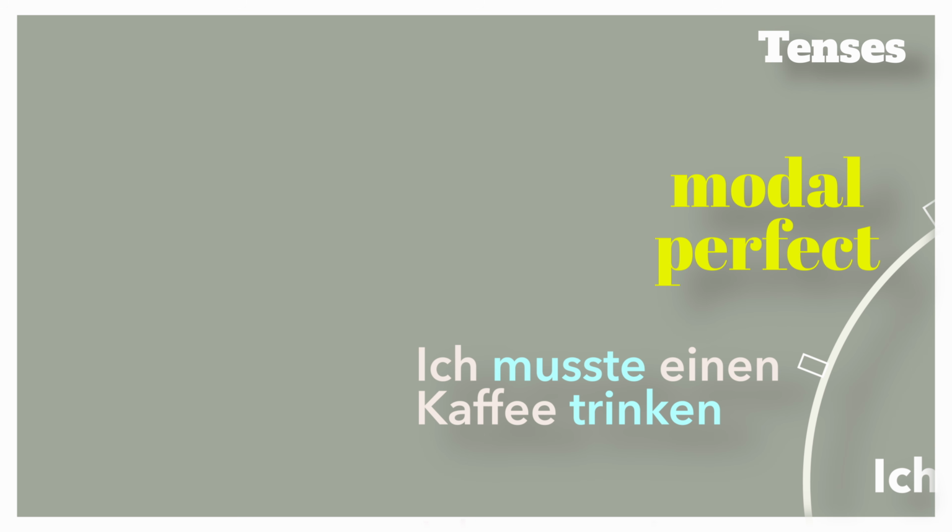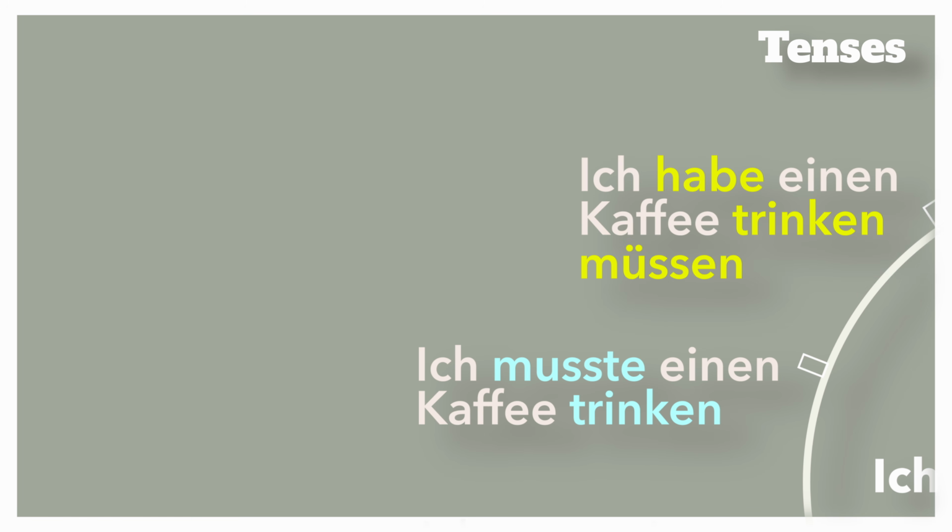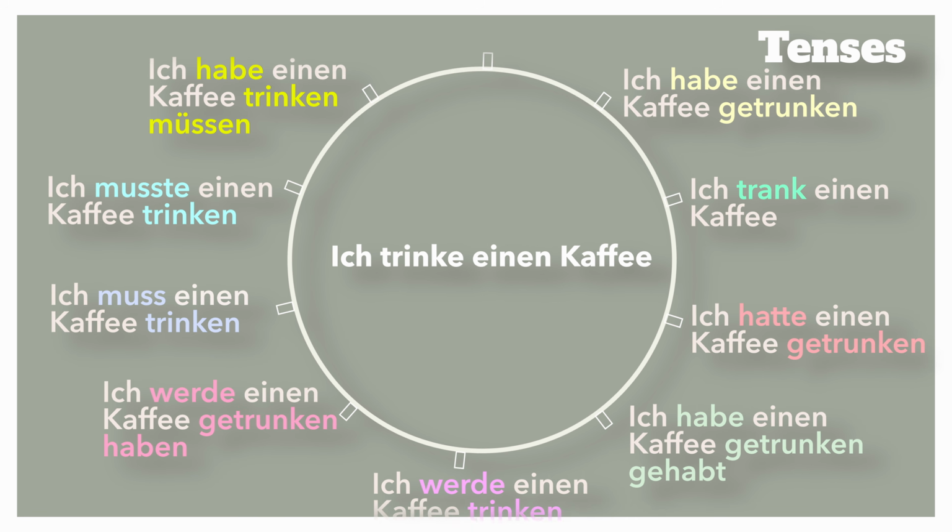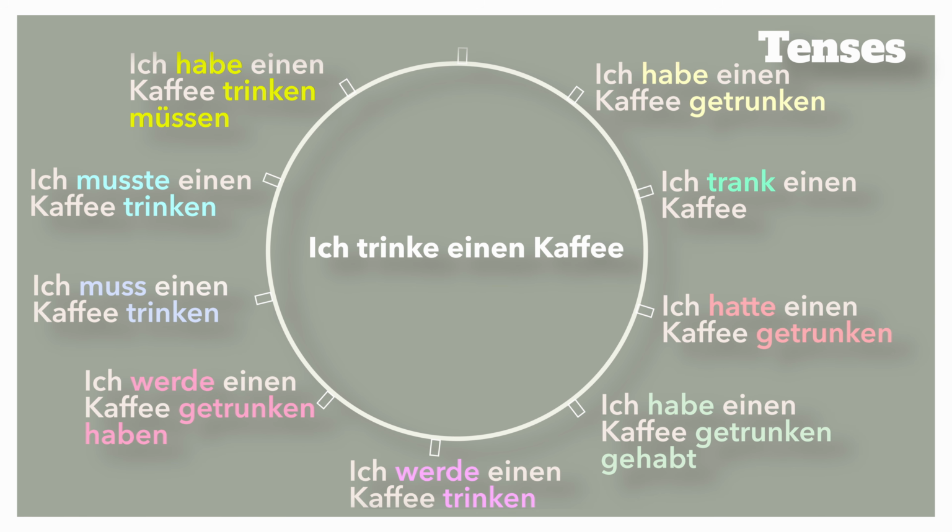And we can do the same thing, though, in the perfect tense, which again is fairly common down south. Ich habe einen Kaffee trinken müssen. Notice how there's two infinitives at the end of the sentence. Well, this has introduced us to the perfect tense of modals, which is handy because we're going to get even crazier with modal verbs in the next section.